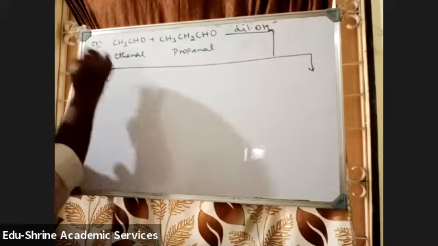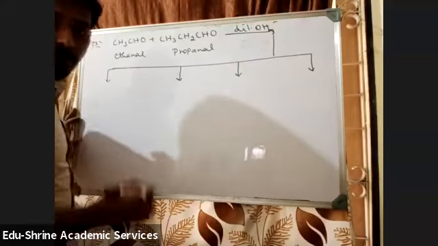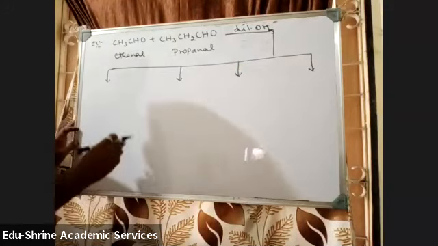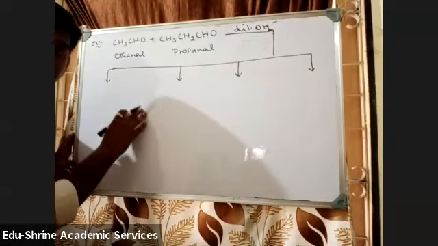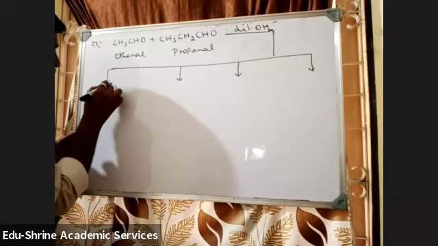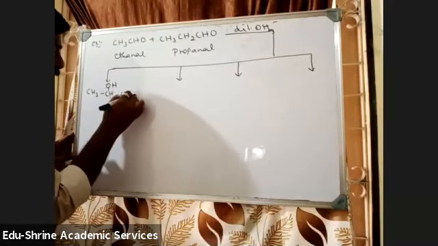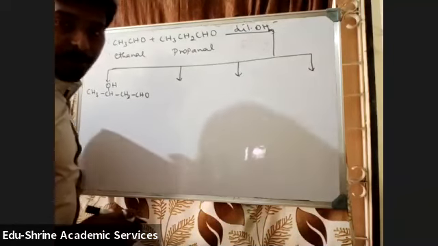Let us write the four products which are formed through self-aldol condensation. Two products through self-aldol condensation. What are those two? Reaction between two ethanal molecules. How will you write the product, students? One, you will get by converting it into OH. The other one will be CH2CHO. This is one self-aldol condensation product.